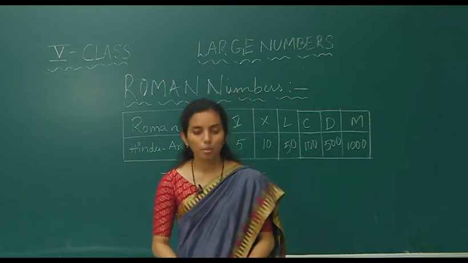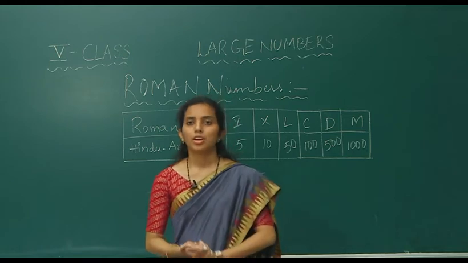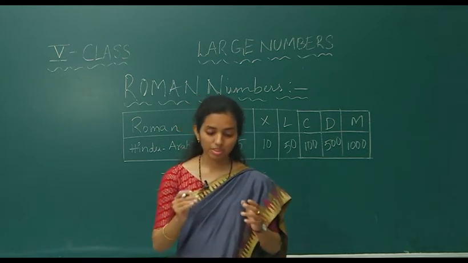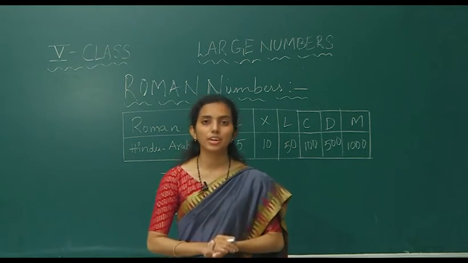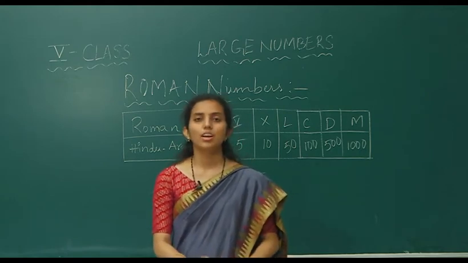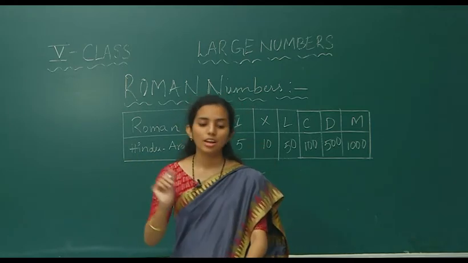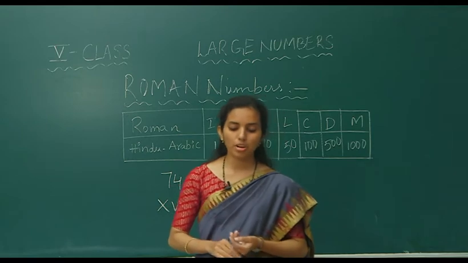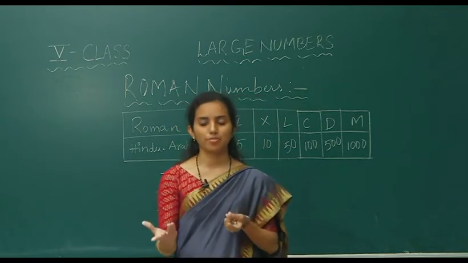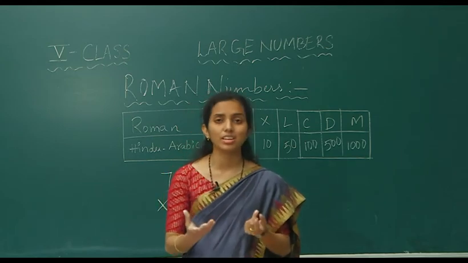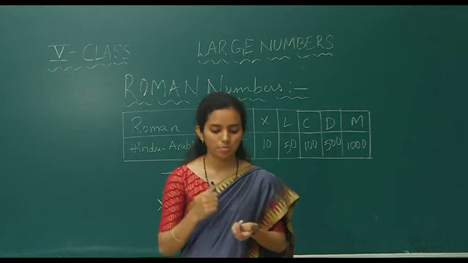And coming to page number 8, chapter drill, very interesting questions are given. If you do this chapter drill, you can cover all the topics of the chapter we have learned in large numbers. For example, the first question is writing the numerals in words and expanded form. You can write it very easily, 7 digit, 8 digit, 9 digit, word names and expanded form.